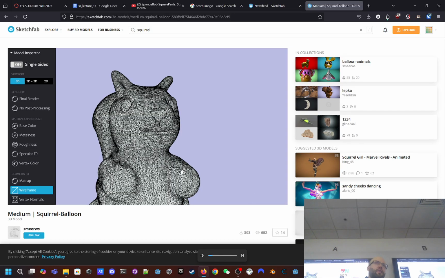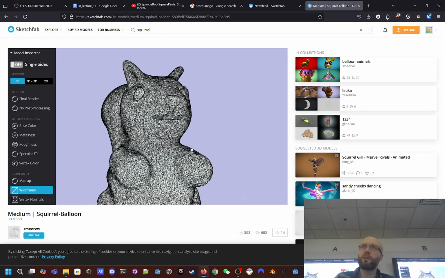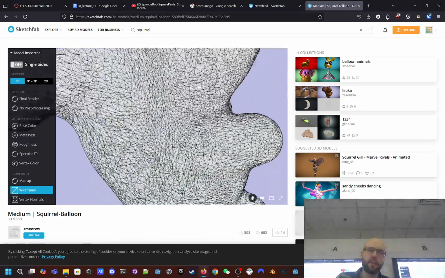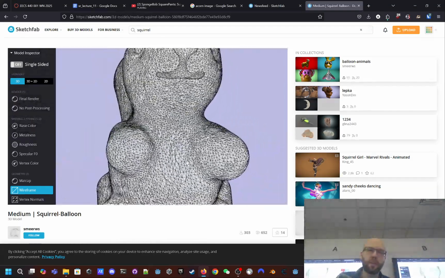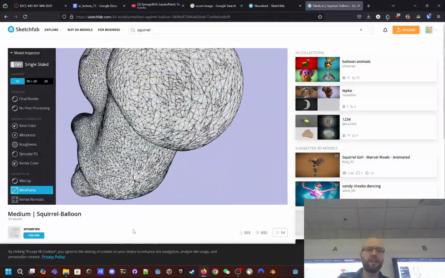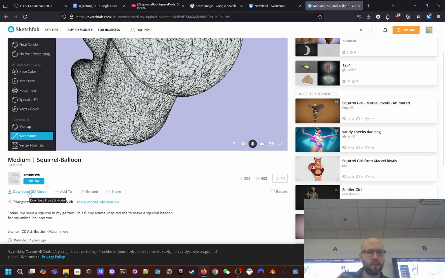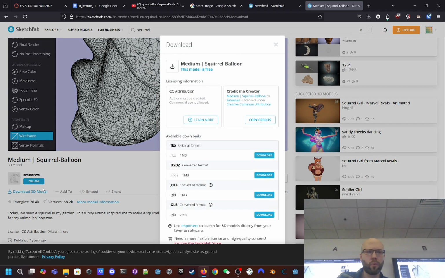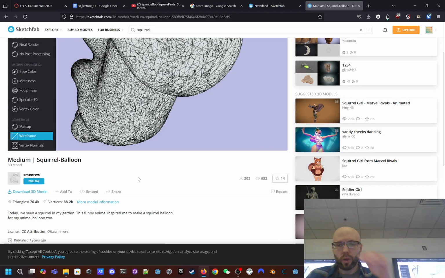From what I can tell, this model will be very difficult to animate. Too many vertices, and the vertices are in places that make things very annoying. I think this did come in a blend. Okay, was this a blend file? What was it? No, this was an FBX. Well, in any case,